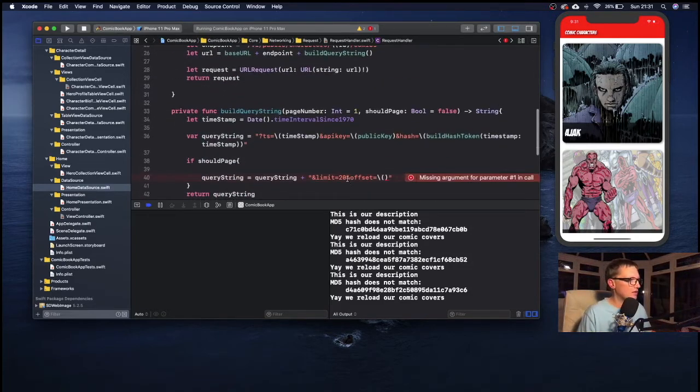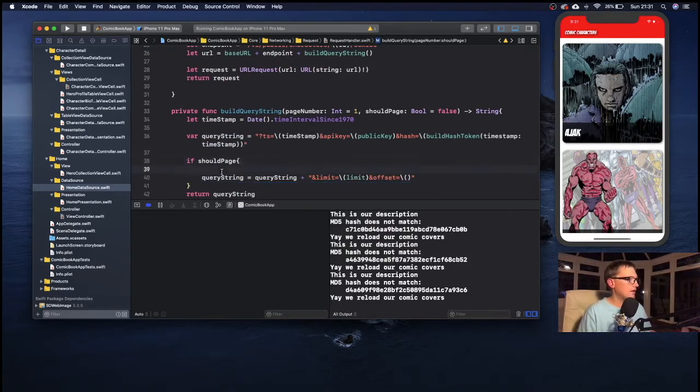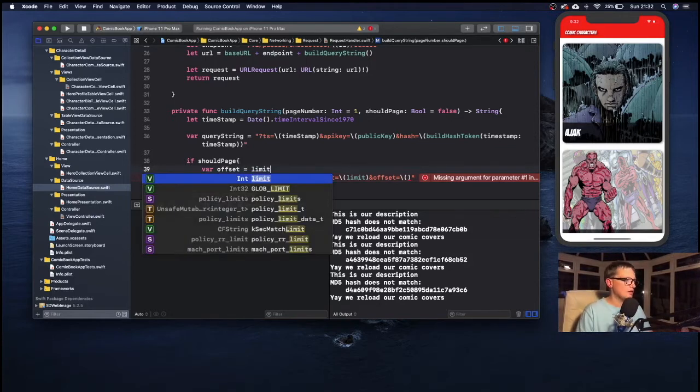So then here we can go limit like so, and then here we could do something like var offset equals limit